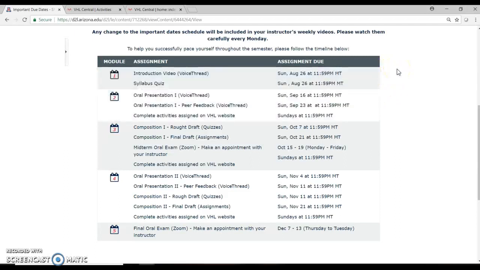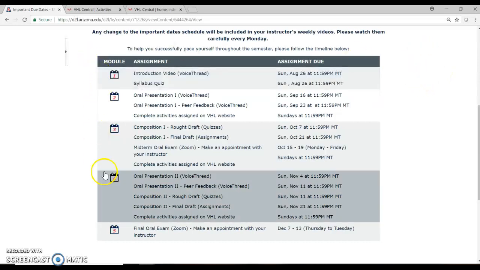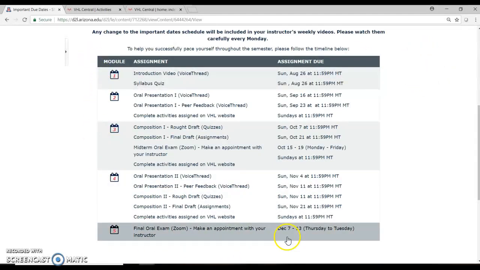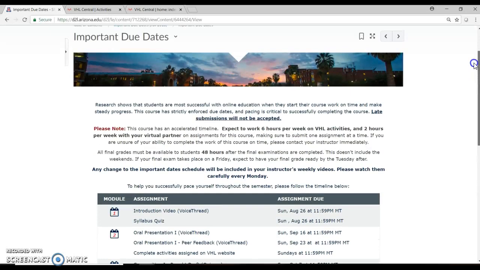So what we need to be worried about right now are the introduction videos and the syllabus quiz. Those are going to be the first things that we're going to be having due. So just make sure that you guys always check here. It's listed by module. Also note that everything is due Sunday. Sunday by midnight is the due date for everything, okay?